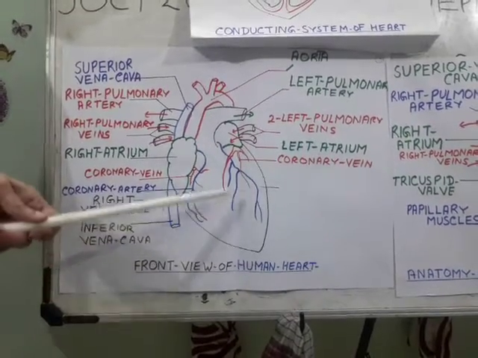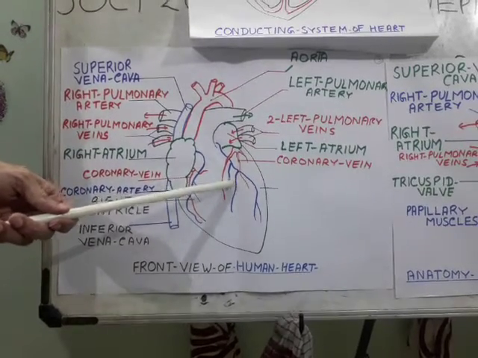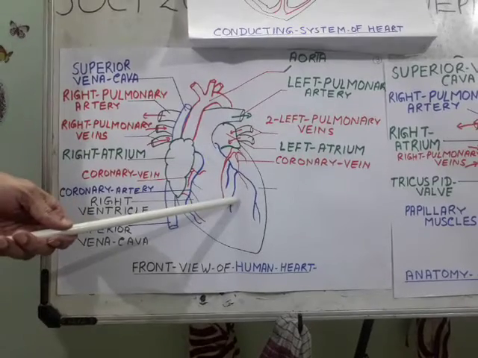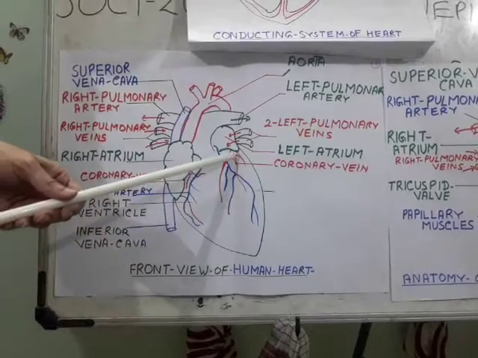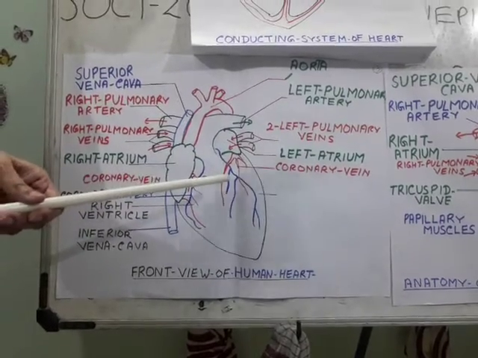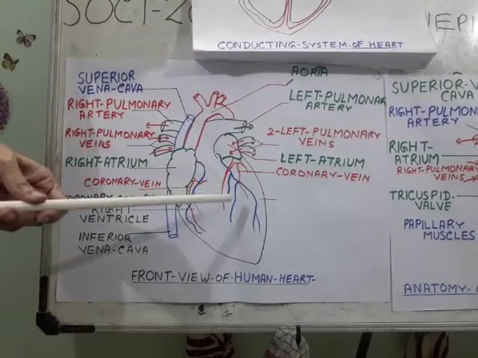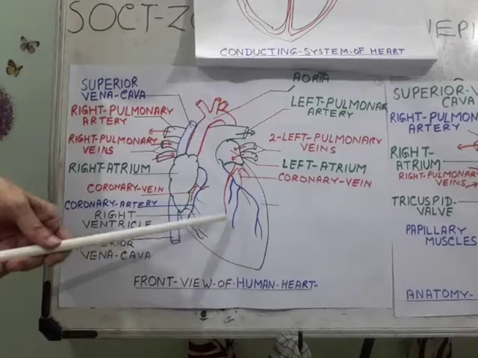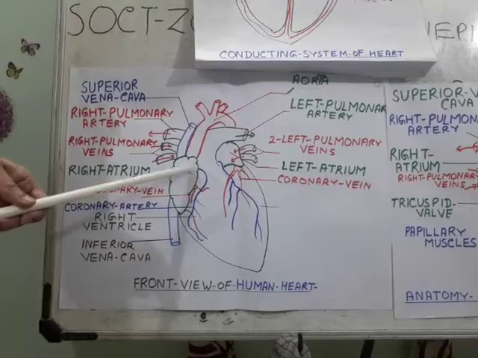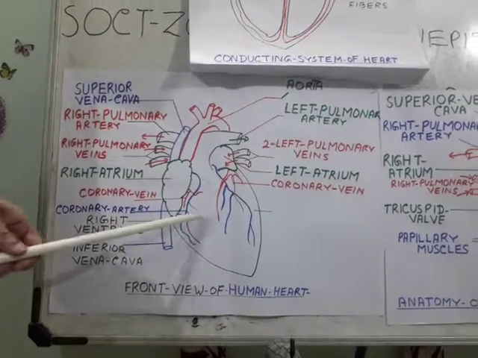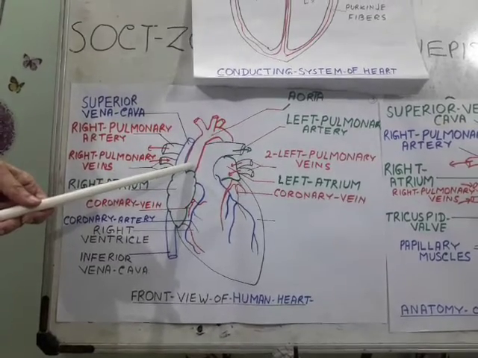and if there is any blockage in any coronary artery and blood is not supplied to a part of the heart, it may lead to a heart attack. In that case either stenting or bypass surgery is done. And for returning blood from the whole heart back to the aorta, there are two coronary veins which bring blood back.